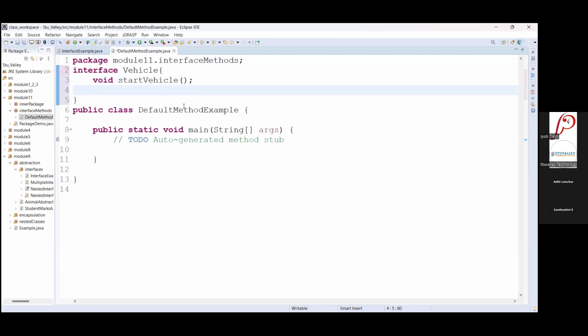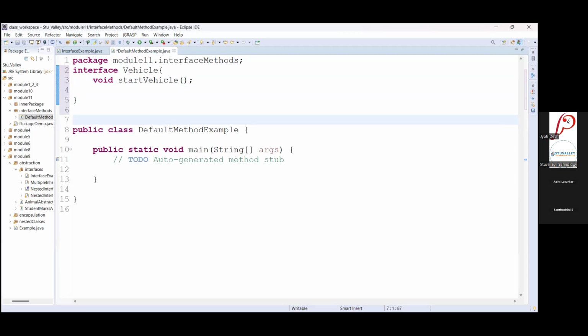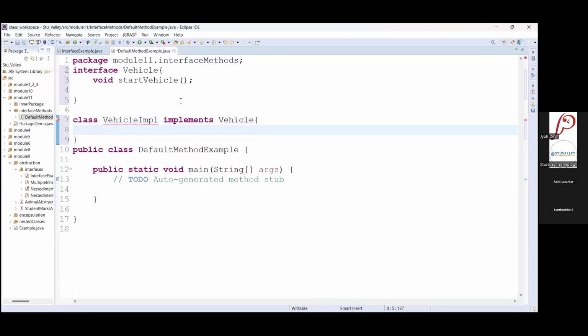Okay, this is an abstract method. I am creating one implementation class. Suppose the class name is class VehicleImpl, which implements the Vehicle interface. Inside this, I am providing the implementation to startVehicle.